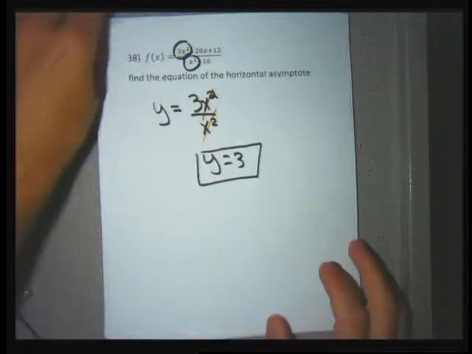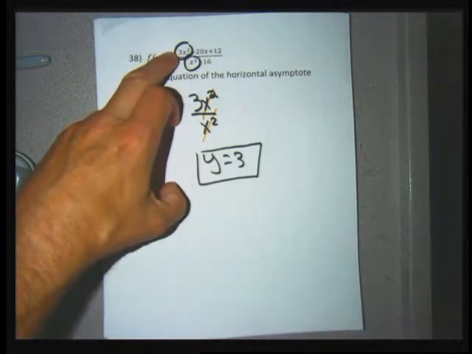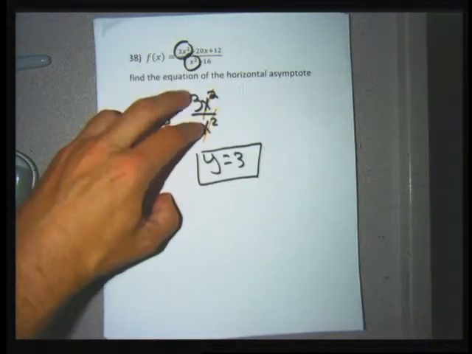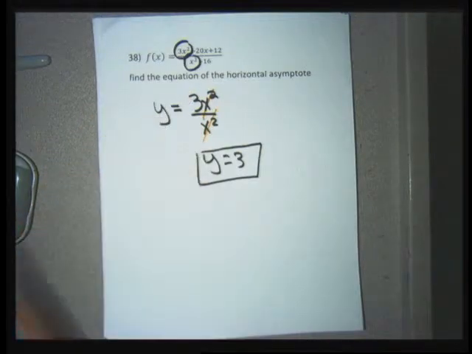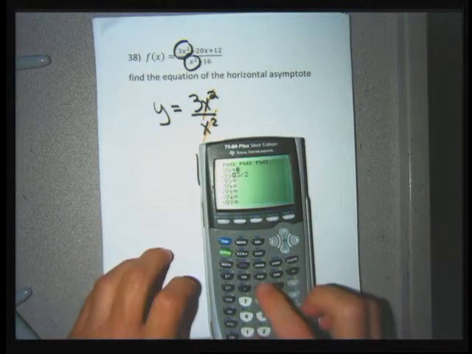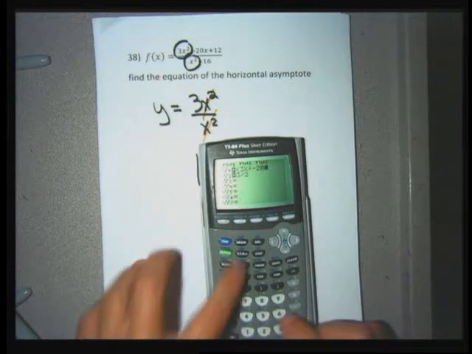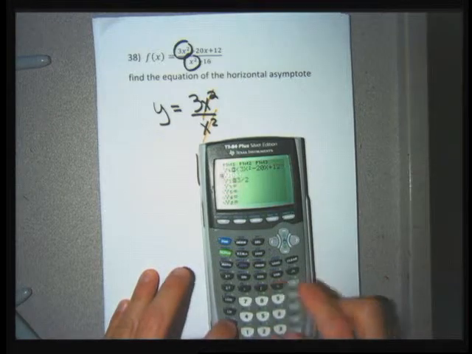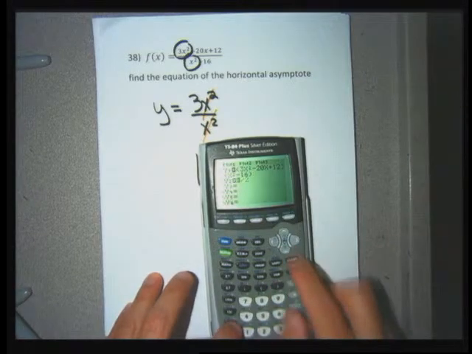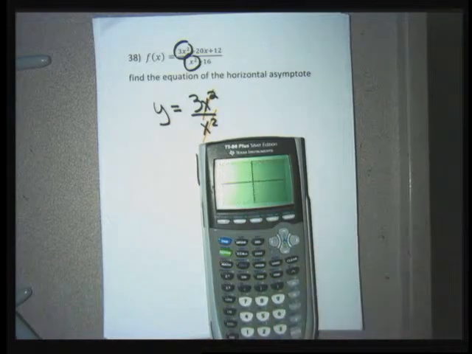So to find any horizontal asymptote, I form a fraction writing y equals, I take the term with the highest power of x in the numerator, divide it by the term with the highest power of x in the denominator, and if the x's cancel, I get a nice horizontal line that's easy to draw. So if I draw this fraction, y equals, clear parentheses, 3x squared minus 20x plus 12 divided by x squared minus 16, along with the line y equals 3. We go back to a standard window, you'll see